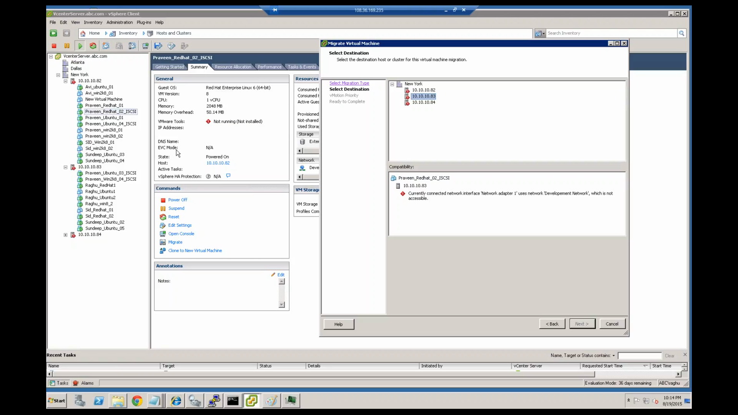82 to 83. Okay, perfect. Everybody is clear. We are moving from 82 to 83. Now 83 is telling